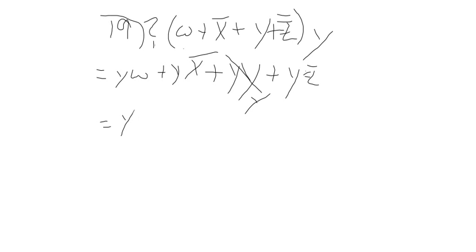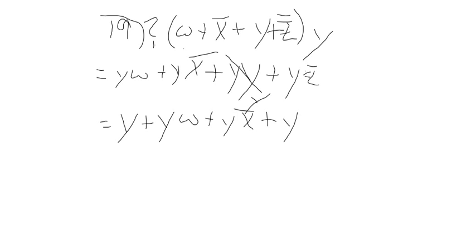I'm going to factor the y back out in a minute, but let's go ahead and write it out this way first. Let's put this y out in front for yw or yx bar or